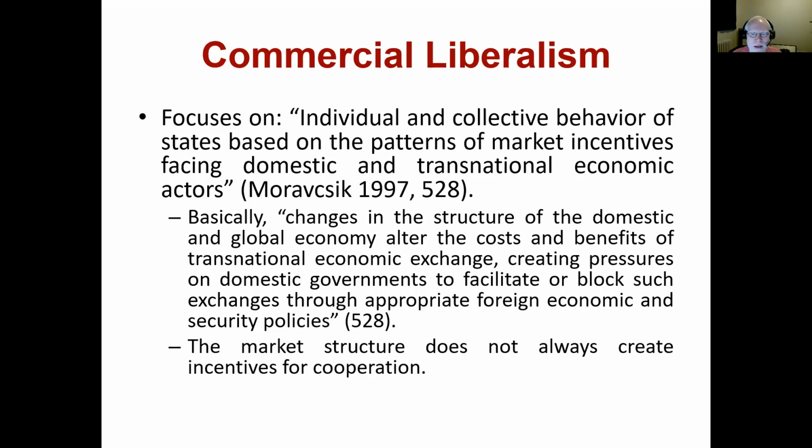So this is the one that, as the name would suggest, focuses most on domestic and international economy. Basically the argument goes that changes in the structure of domestic and global economy alter the costs and benefits of transnational economic exchange, creating pressures on domestic governments to facilitate or block such exchanges through appropriate foreign economic and security policy. So again, let's go back to our trade example, right? Changes in the domestic economy can produce different preferences for whether you like free trade or oppose free trade, right? So you'll normally have